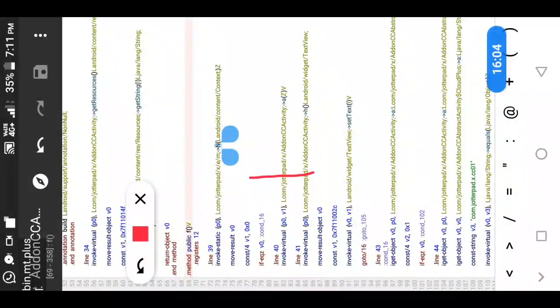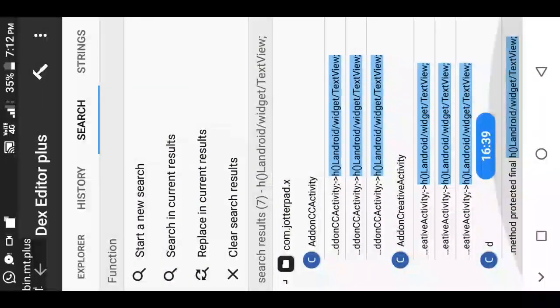So you can see after running here, it will go to 105. That is, you can see here it is on go to bar 16. That means it will go to condition 16 and then it will go to condition 105. So let's see here. So here it is go to 105 till end method. So now we are successful in this, but now we need to search for the other results.